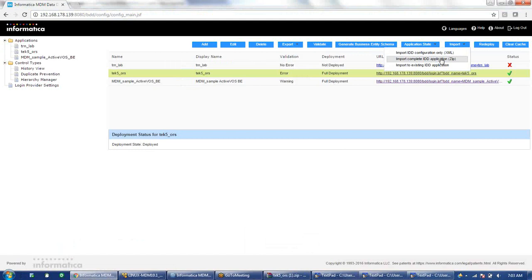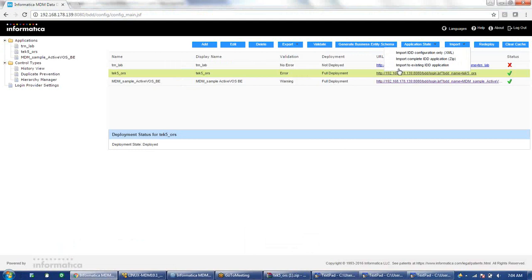So usually we send the complete zip file itself for the first time, but from the next time onwards, we don't use this option. From the next time onwards, we use this option, import to existing IDD application. This is done because I already have an application created, and from the next time onwards, for the incremental change, we compare. If you have done some changes in the development environment, I will take an export of both the development environment and the test environment.